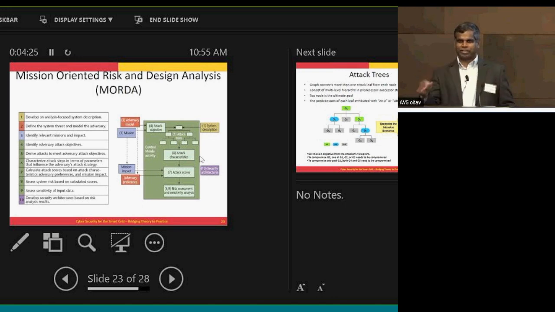Manimaran, I have a question. Please. How is the analysis here and research different than other parts of the economy, like banks and stuff? They are also, I'm sure, very concerned about security, cybersecurity. Is there any overlap, or is it a very distinct area of research?